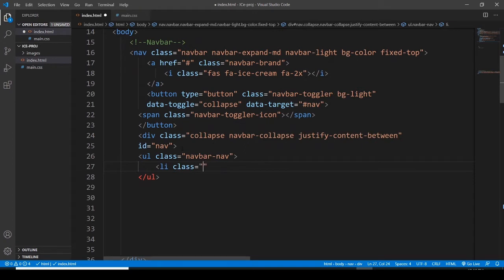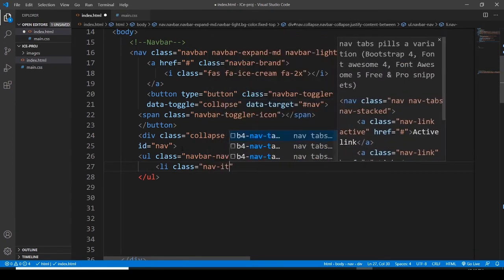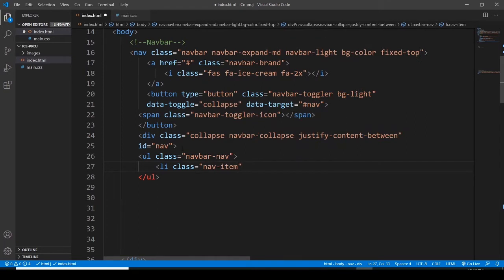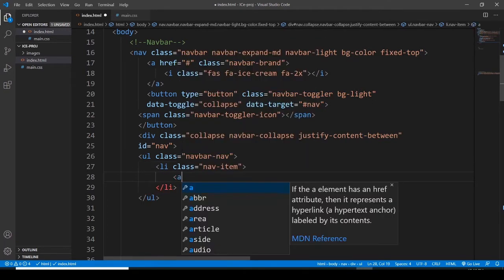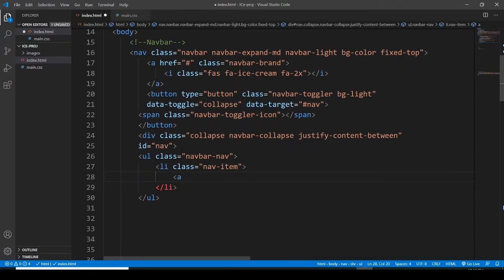Anchor tag, and I just want to say that href is going to be nothing. Right now I'm not using, I think we can use home or about us or whatever you guys want to go with. So I'm not writing anything here, and then I want to assign it a class of nav link, and then text light,